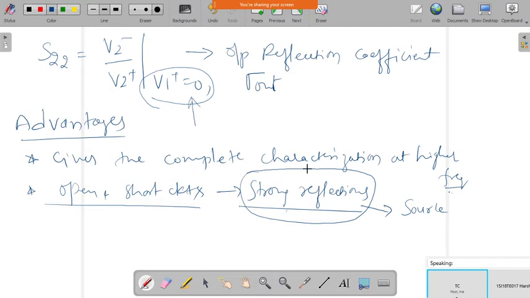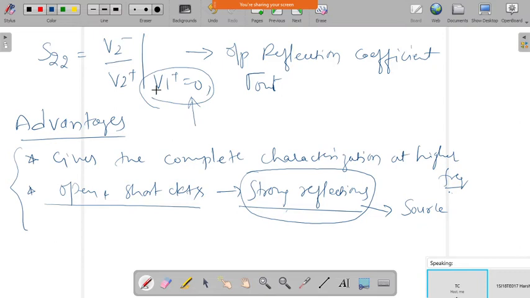So these are some of the advantages if we use high frequency parameters, or S parameters, and we can find out the voltage and current for a particular network. Now how can we convert the low frequency parameters? What relations can be exhibited from low frequency to high frequency? Is there any relation between low frequency parameters and high frequency parameters? There is a relation. We can define the low frequency parameters in terms of high frequency parameters, or define high frequency parameters in terms of low frequency parameters.